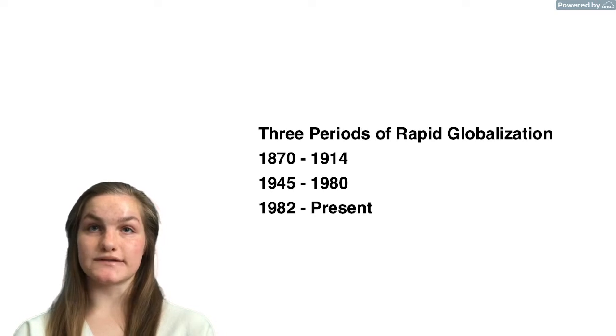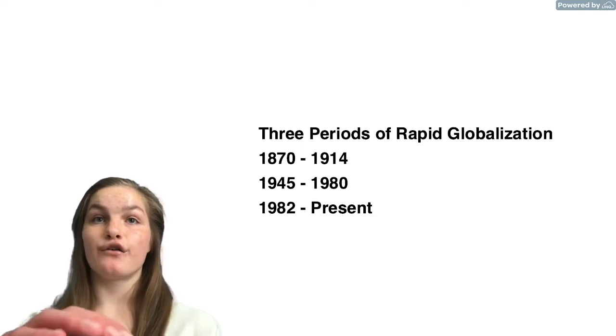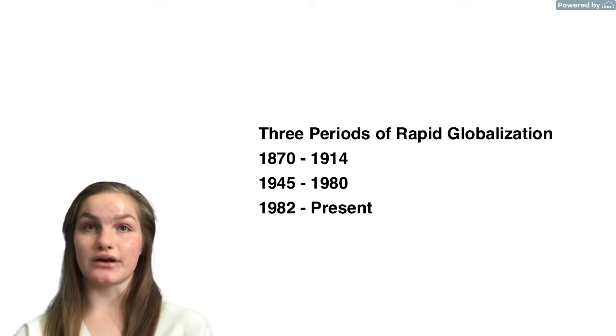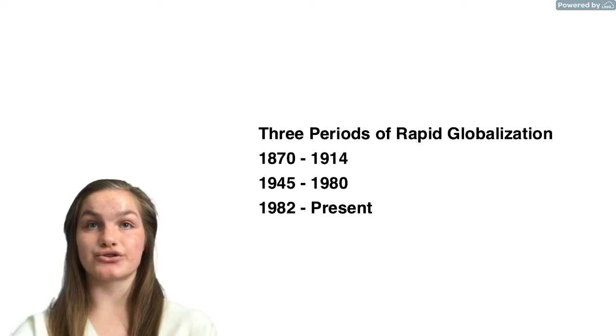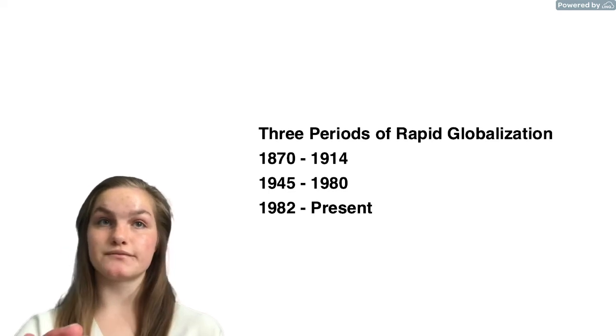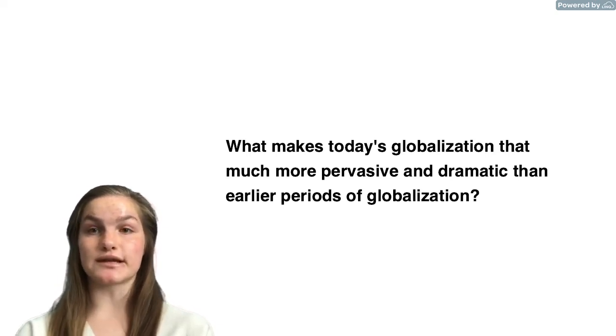What is different about the present globalization revolution is its speed, depth, and immediacy resulting from the tremendous improvements in telecommunications and transportation, massive international capital flows resulting from elimination of most restrictions on their flow across national boundaries, as well as the participation of most countries of the world. This is what makes today's globalization that much more pervasive and dramatic than earlier periods of globalization. The recent global financial and economic crisis, the deepest of the post-war period, only slowed down the march of globalization